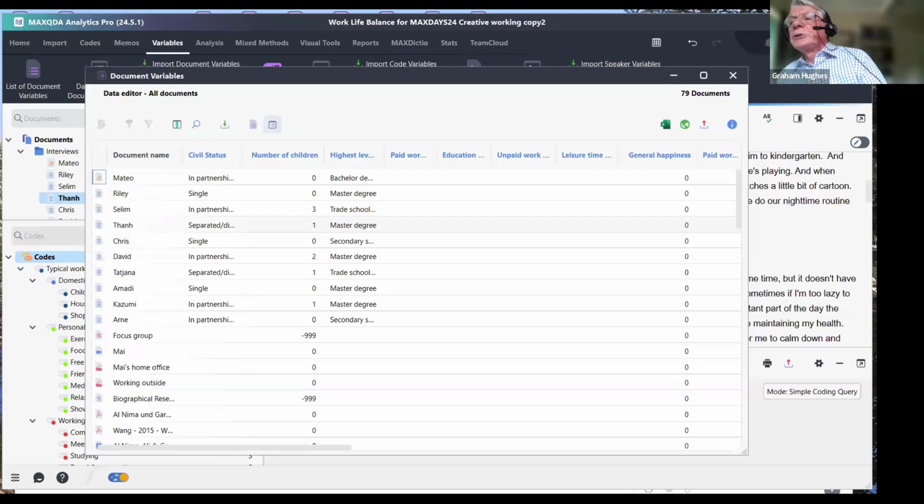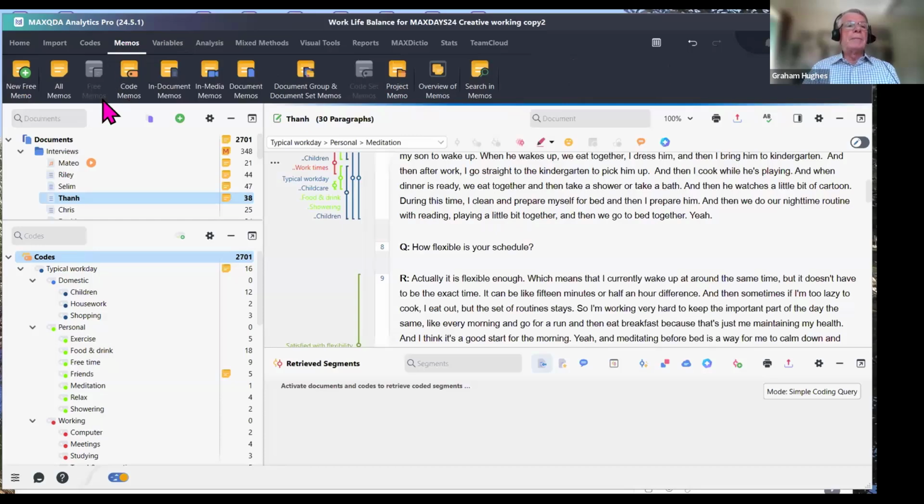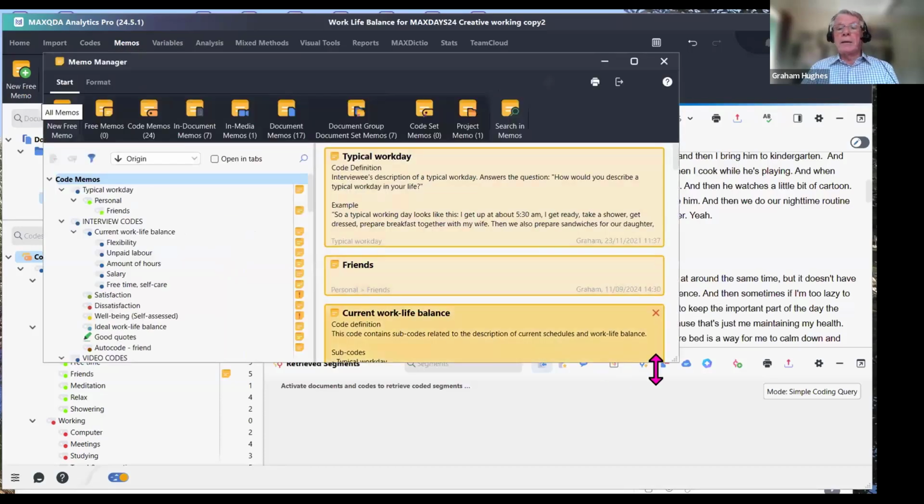Xiao Li is saying, can we view codes with memo inside MAXQDA and edit many memos at the same time? You certainly can view your memos inside MAXQDA. If you go to the memos ribbon and open up, say, the all memos window here,